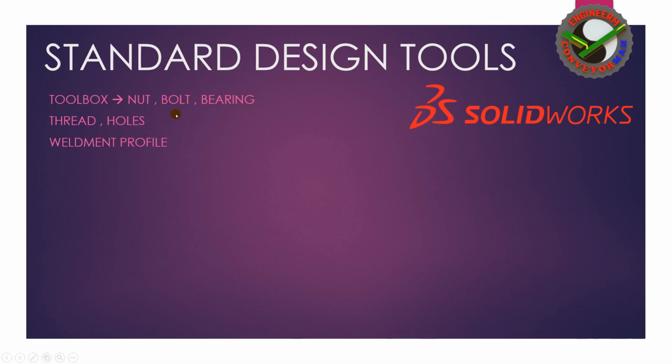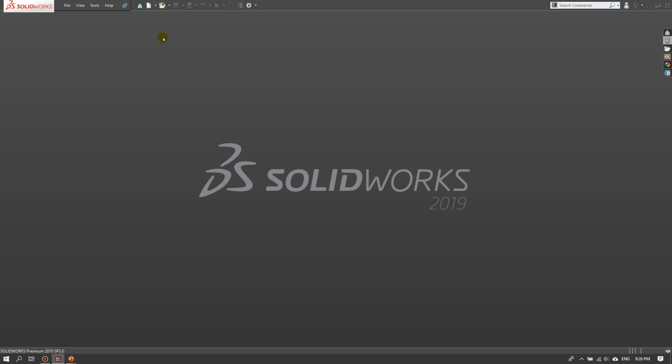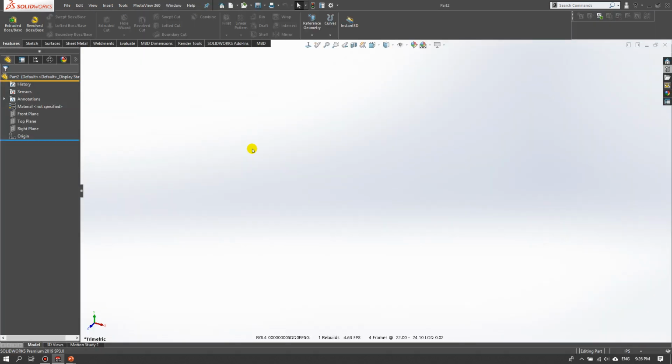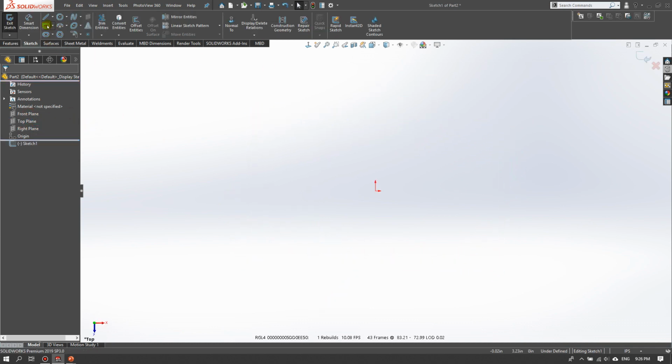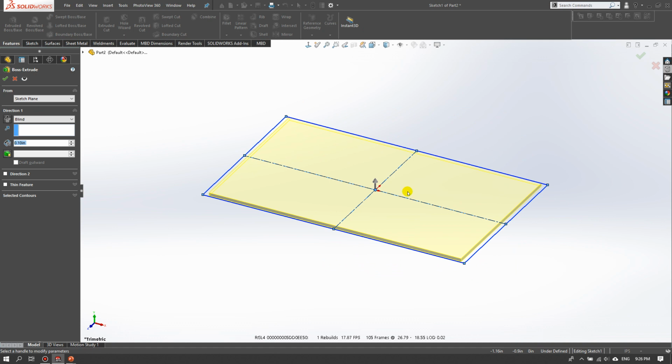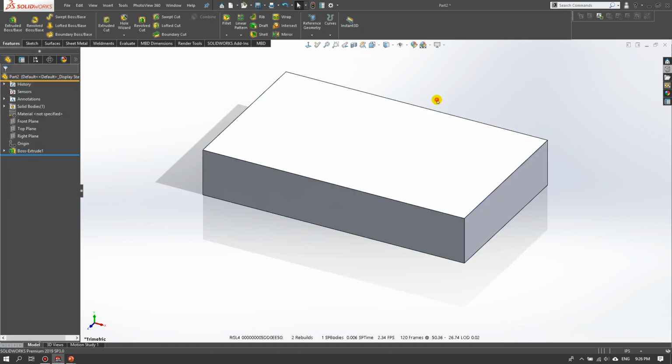And then the thread and hole. The thread and hole is the standard design tool in SOLIDWORKS. I will show how about to use. I click at the part template and then select the top plane or any plane to sketch and use extrude boss base and click OK,